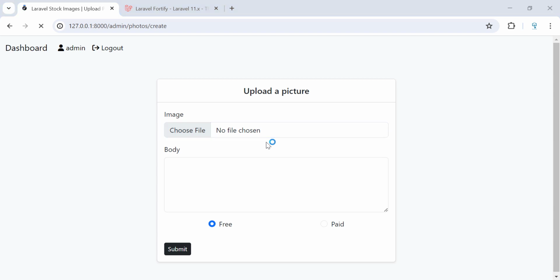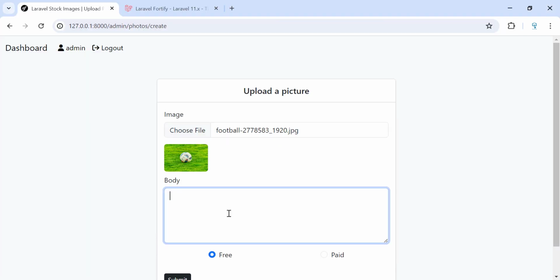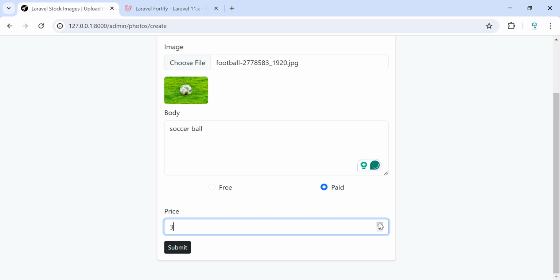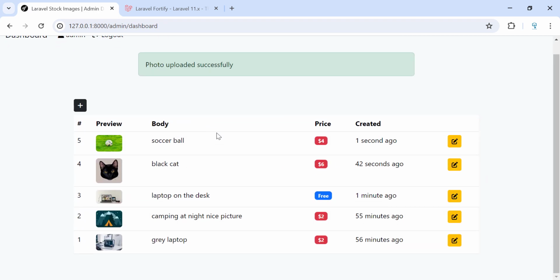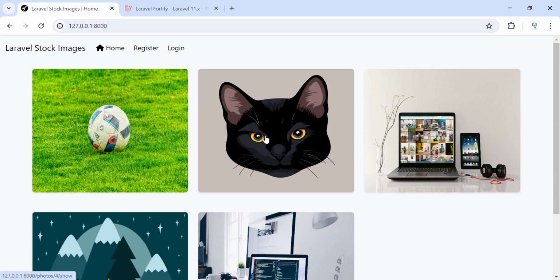So you can choose, or let's change this one and choose another one and change it to soccer ball and make it paid. Choose price, submit. And as you can see, now we have all the images. Let's move to the home page. So now we can see all the images. As you can see now, it's better. We have more images. So once I click on this image, it will take us to the show